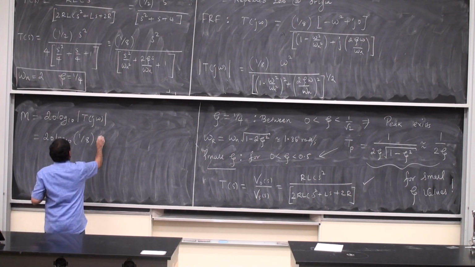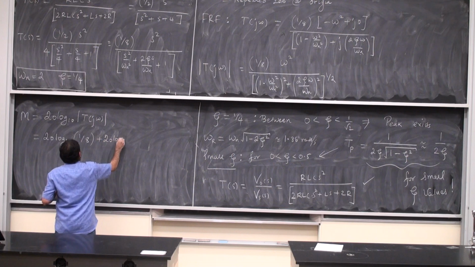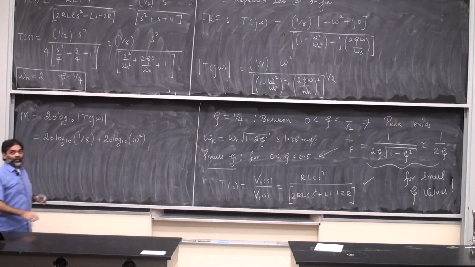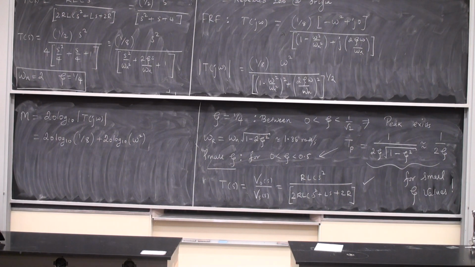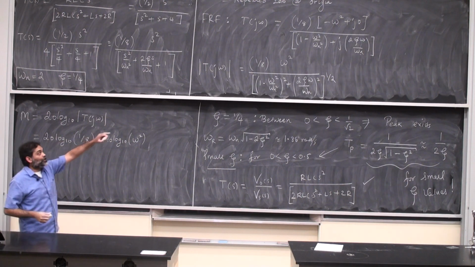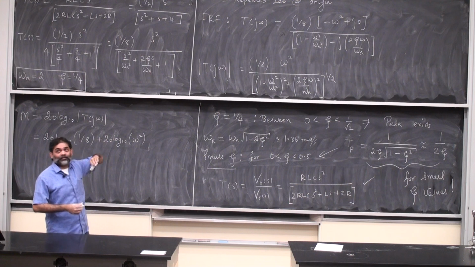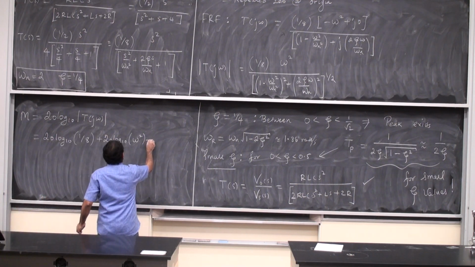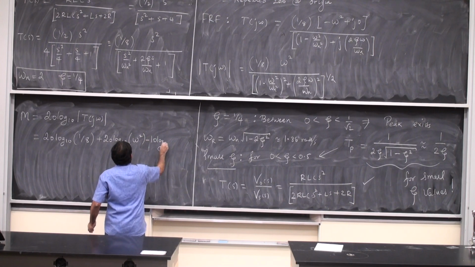Then 20 log 10 of omega square, which becomes 40 log 10 of omega. And then the last one is a square root. I take the log 10, it becomes a minus half because it's in the denominator. So this is minus 10 log 10